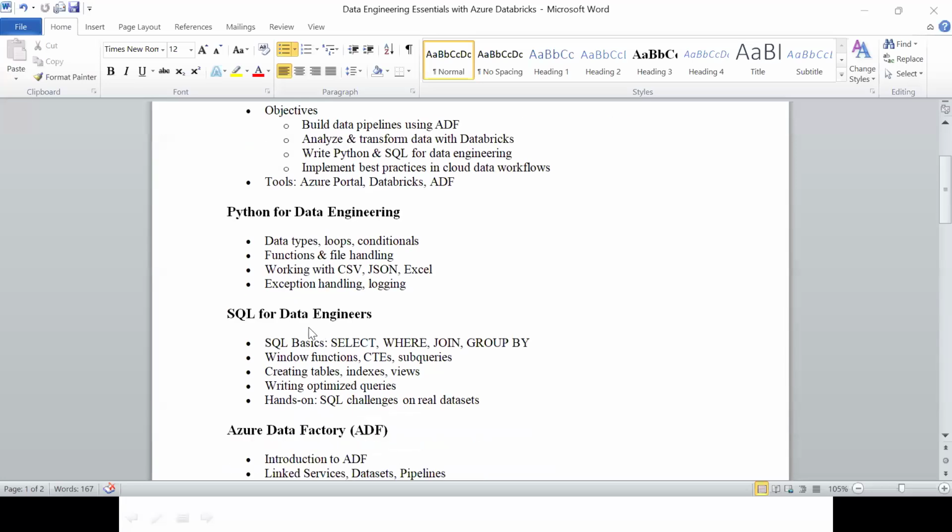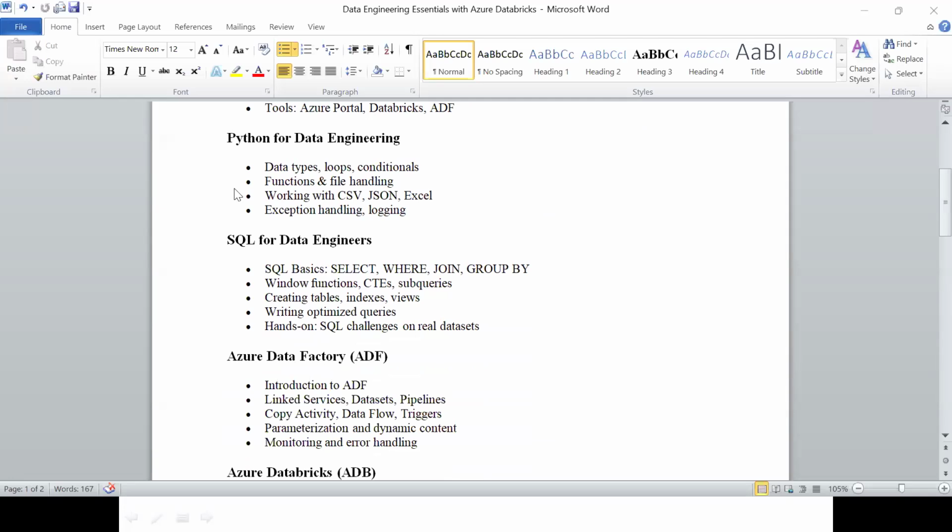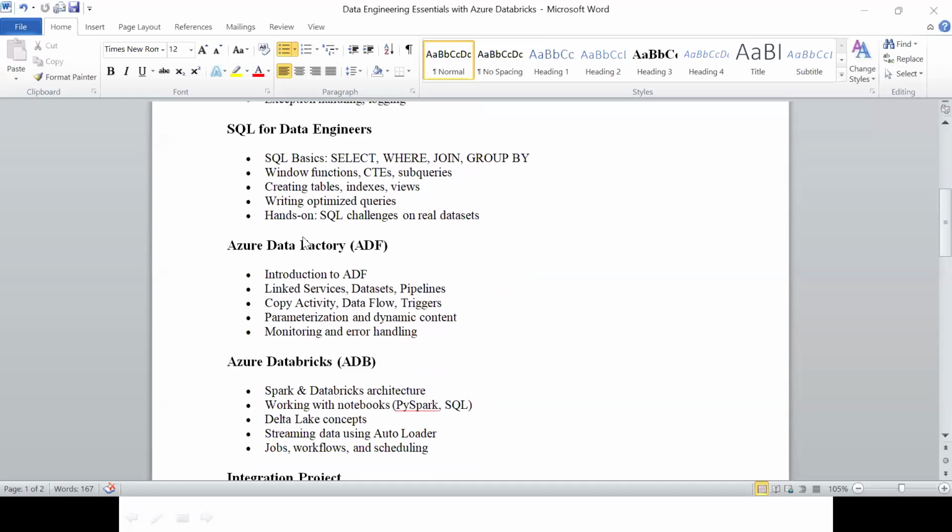We are going to cover Python and SQL, these two languages. It's not complete Python because it has huge libraries. As a data engineer, whatever is required, those things we are discussing. If you want to learn complete Python, a Python course is already going on, and you can join there. Here we are learning basic Python and PySpark. Spark is a processing tool where we process all our data with the help of ADB. PySpark is the main concern here, and we are using it within ADB.